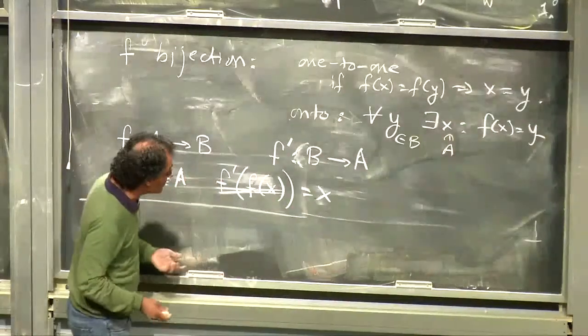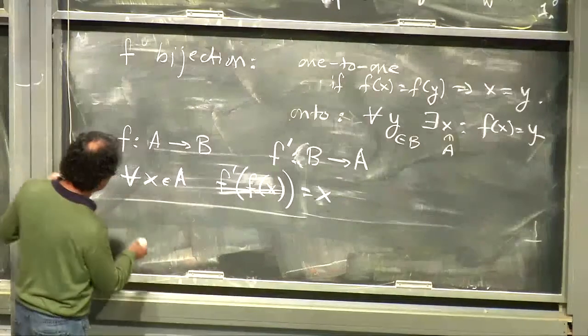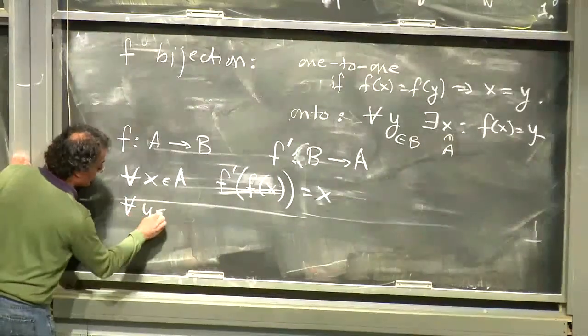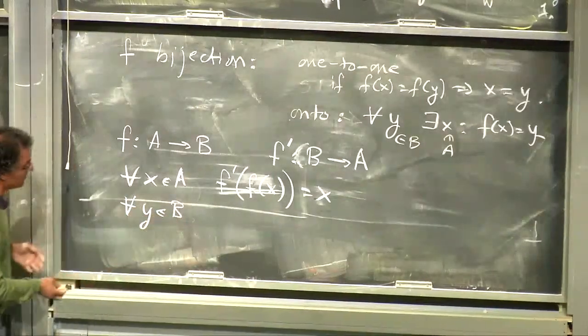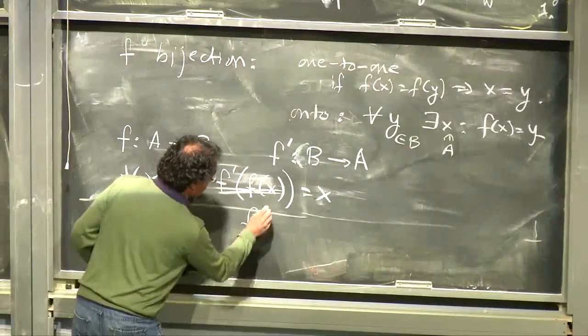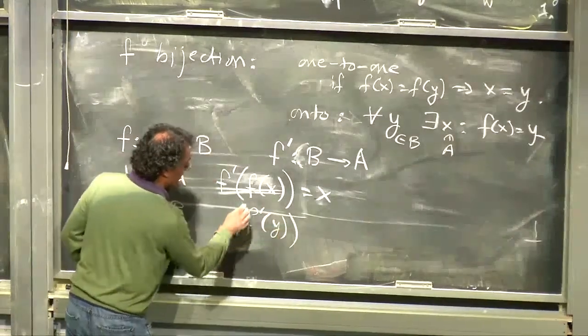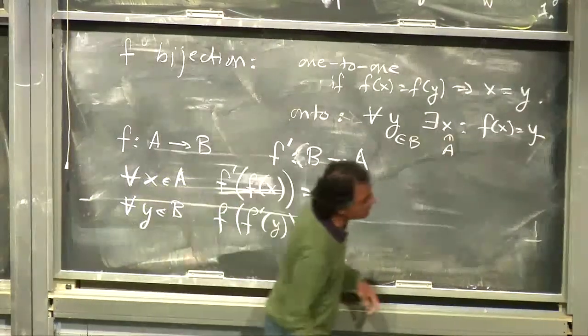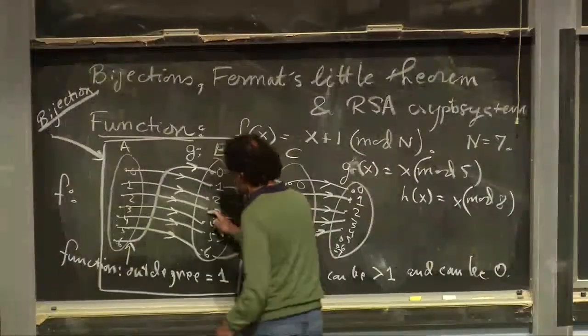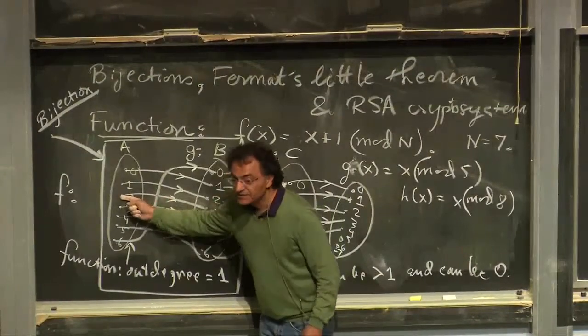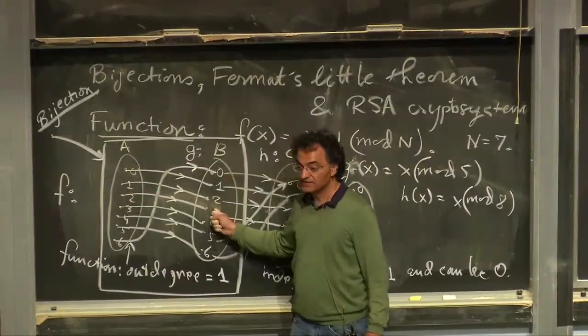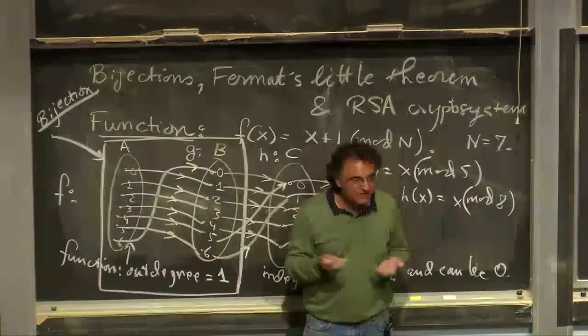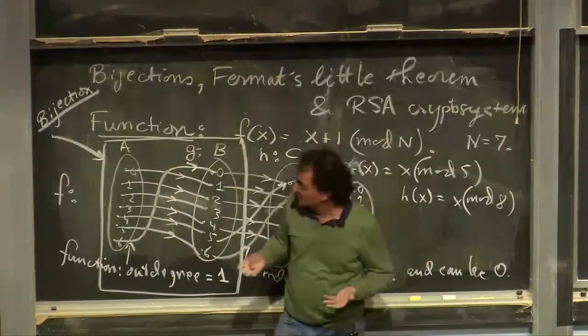Right? The other thing you can do is, it's an inverse. That means that for all y in B, if you start from B and you apply f prime of y, and now you apply f to that, you get back to y. So you start from 3, you apply f prime, you go back to 2, and now you apply f, you go back to 3. Right? It's sort of clear, right? It's obvious. That's what it does. Right? So now